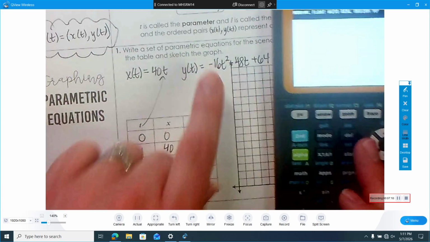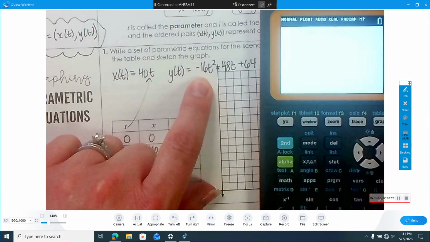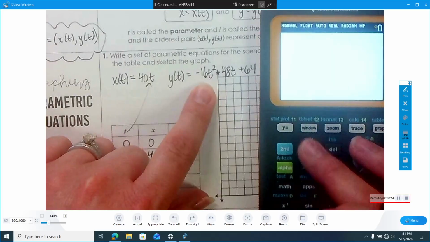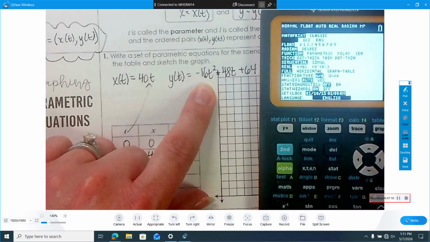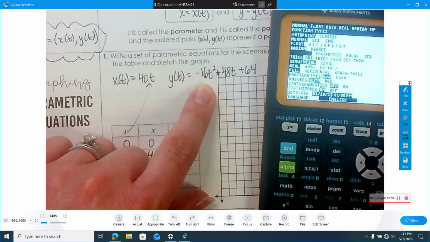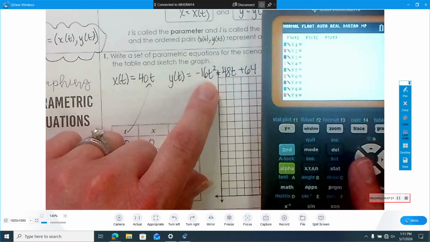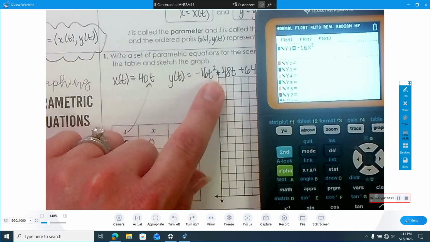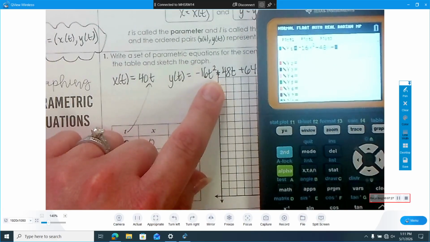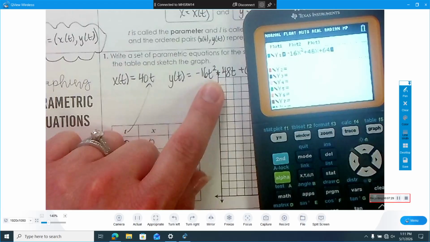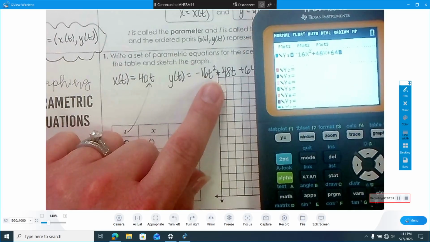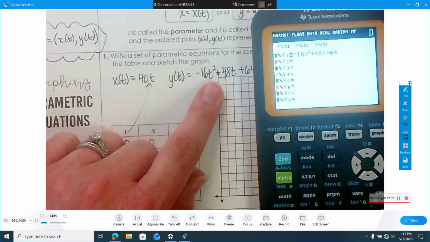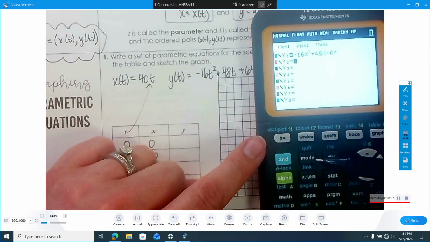We're going to use our calculator to help us out with this one because that's going to be a little more challenging. So what I want you to do is, are you in function mode? Make sure you're in function mode. And then go to y equals, and we're just going to go ahead and type in negative 16t squared plus 48t plus 64. So I'm just going to insert the equation in y1, and then we can use function notation to evaluate this in the home screen. So once you get that equation in there,